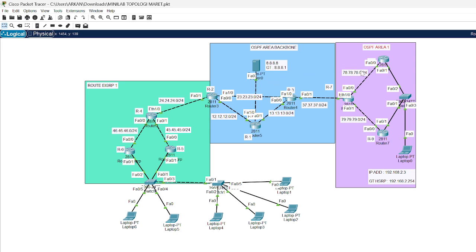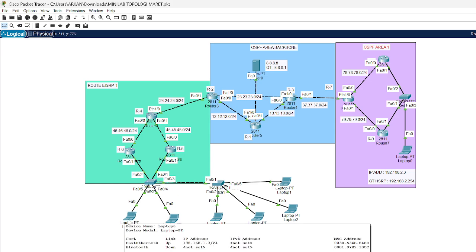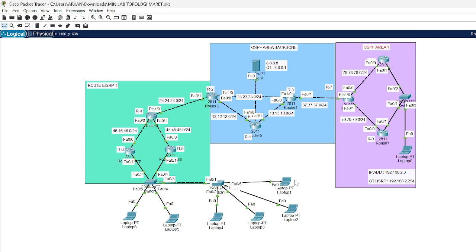Then we have 3 routers in OSPF area 1, and then we have end clients, 2 switches in router EIGRP. Then the end devices are laptops, 1 2 3 4 5 6 laptops in the router EIGRP area. Then in OSPF area 1 there is 1 switch and then one laptop.